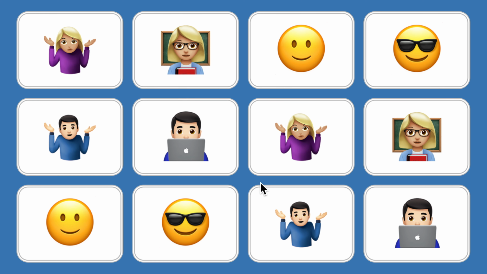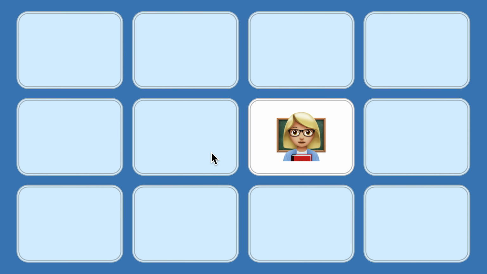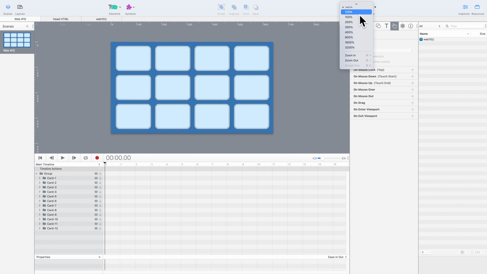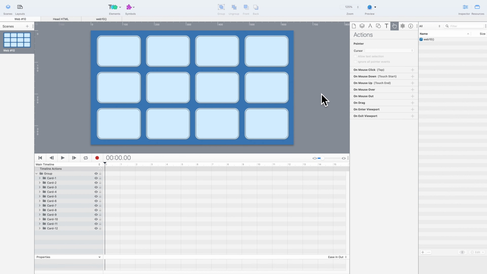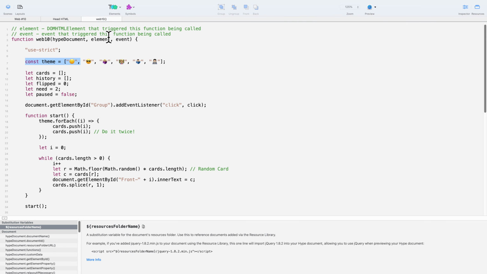While the game is simple, it covers a lot of advanced web topics. So the main focus here is the card flipping. How is that 3D effect being created? We can look at the source code to find out. Switching back to the Tumult version of this game, you can quickly see the CSS and the JavaScript. Let's start with the styling.